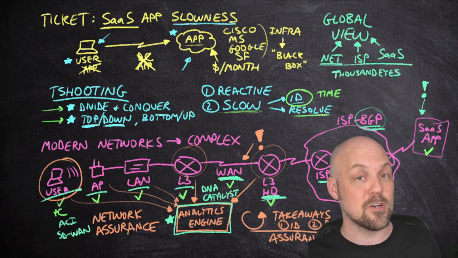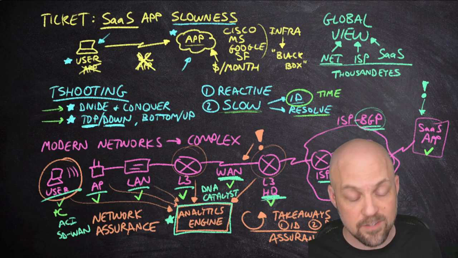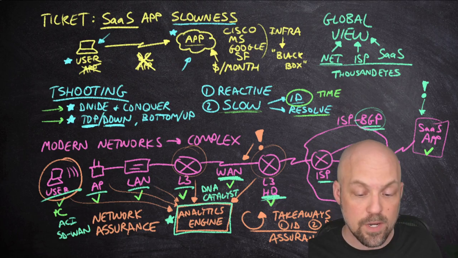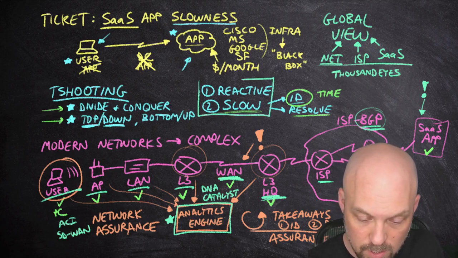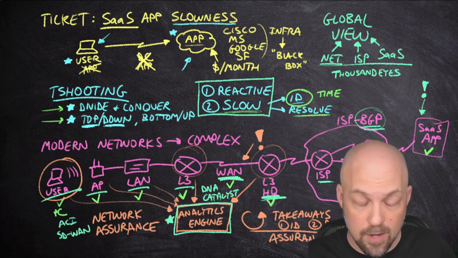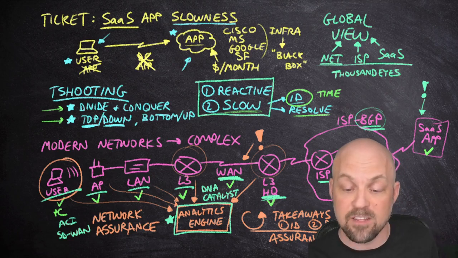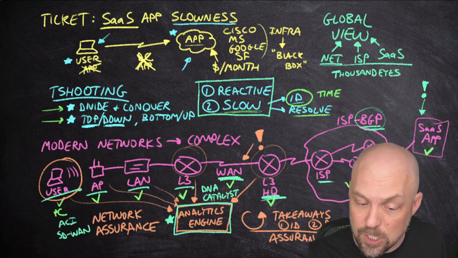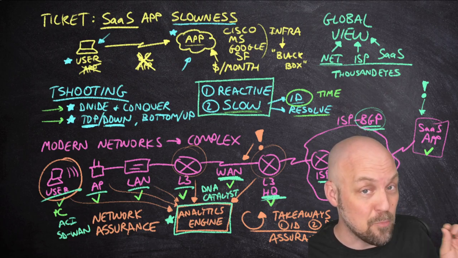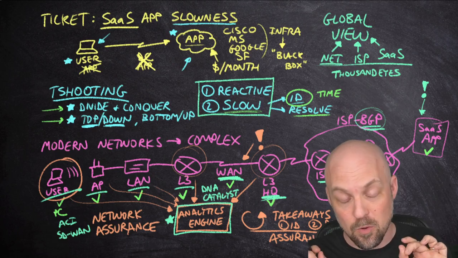Again, like I said at the very start of this video, I probably don't need to convince anyone that our networks are complex and difficult to find resolutions to tickets. But we at least want to take this away from the conversation. We should recognize that our common everyday methods for troubleshooting not only have to wait for a ticket to be submitted, that's the reactive part, but also it takes me a long time potentially to identify the issue, especially for something like slowness. I know I always dreaded getting the ticket that reports network slowness. That is very painful. And so we want to get away from this.